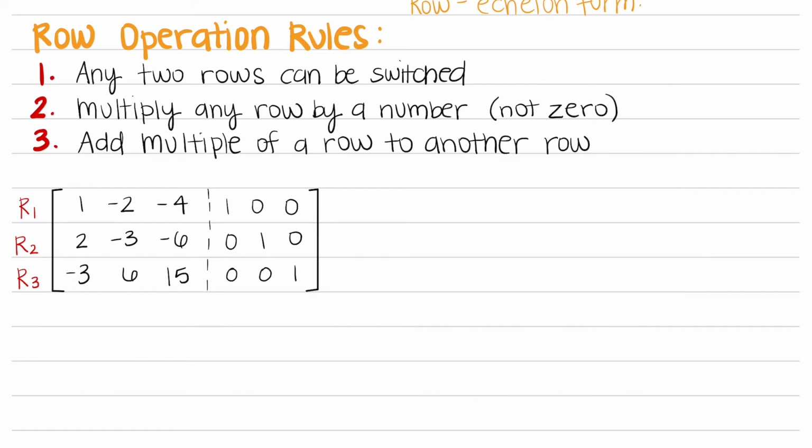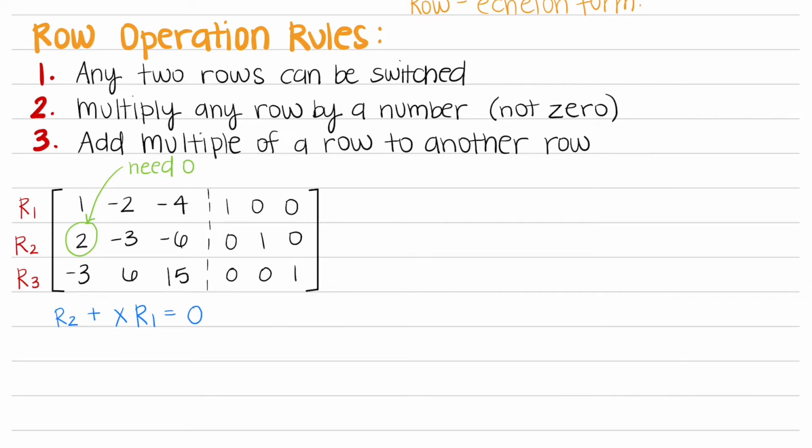We always start with the row we're working with. So we're working with row 2 here, so let's write R2 for row 2. And rule 3 says that we can add a multiple of a row to another row, but we just need to find that multiple. So let's write it as x for now. And let's pick another row. So let's pick row 1. And what we want the solution to be is 0 because we're trying to turn that 2 into a 0. So we will write equals 0.